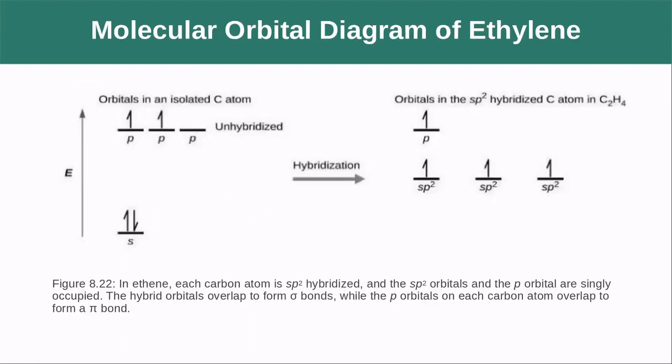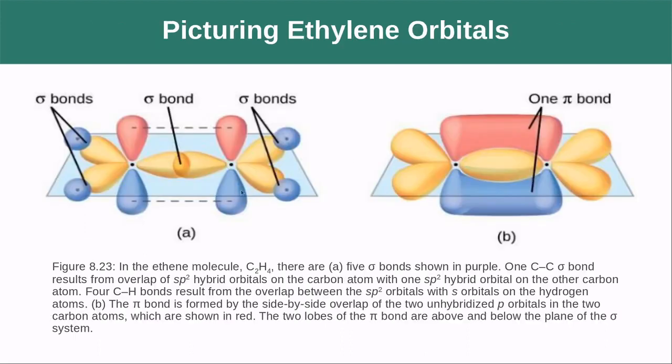So if we look at our molecular orbital diagram, prior to this, we had just enough electrons to fill all of our hybrid orbitals. But what happens when there's enough electrons for an electron to go into one of these unhybridized orbitals? If we look at the case of ethylene, we can see that there are these p orbitals that are still present here, unhybridized. If an electron goes in there, then they're going to form this side-to-side interaction, producing a double